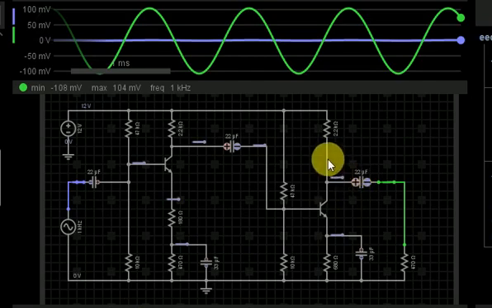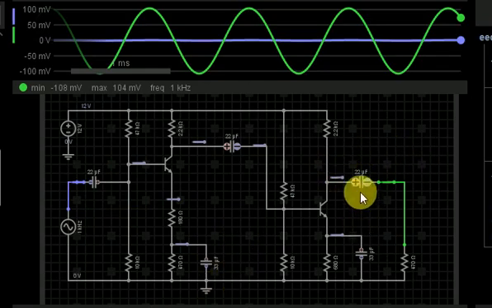Again we have some output at the collector, and this output is 180 degrees out of phase with the signal we received that was fed here, but actually it is 360 degrees out of phase with the signal that was provided at the input initially. So the input signal that we fed and the output that we are getting here are in the same phase.